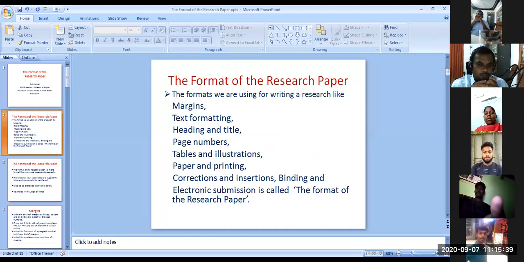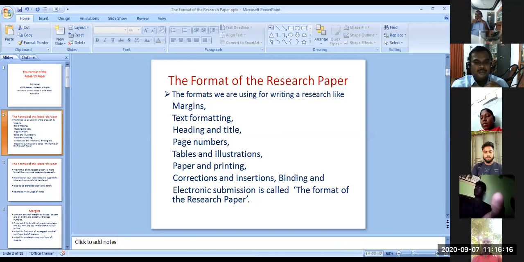In writing a research paper: how to put margins, how to format the text, what font size and what font to use, how to write a title, what is a title and what is a heading, page numbers and where to put them, how to include tables and illustrations, what paper to use, whether bond paper, A4 sheet, legal size or A3 size, where and how to print, how to remove corrections and what can be inserted, how to do binding, and at last electronic submission.